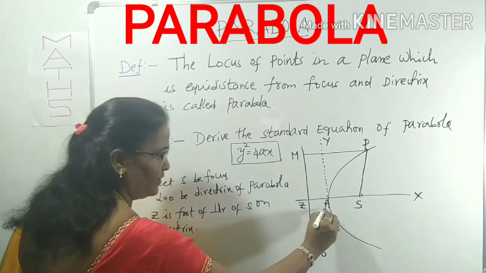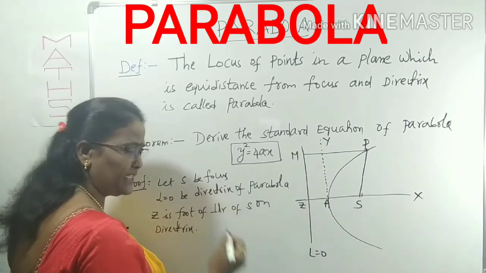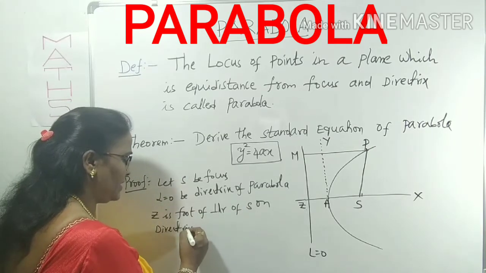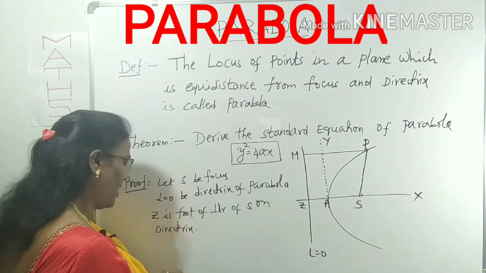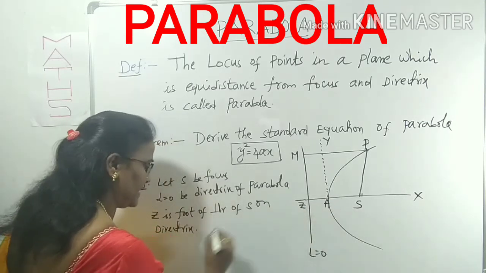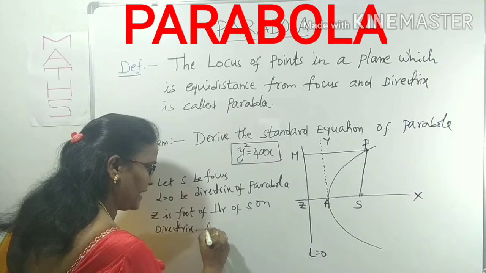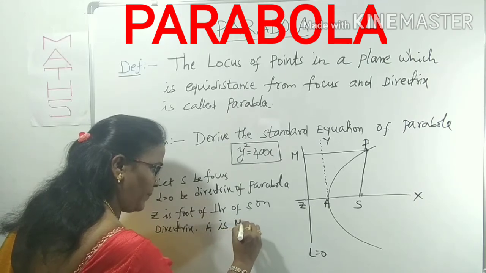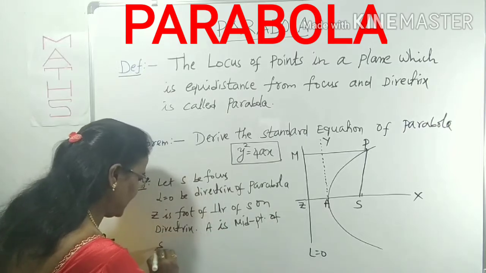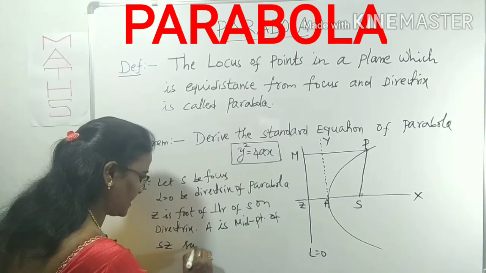Now we have to assume all these points from our side. We have to take one by one, step by step. For this you can also get the marks directrix. Now what is A? I said A is a midpoint of S and Z. A is midpoint of SZ such that